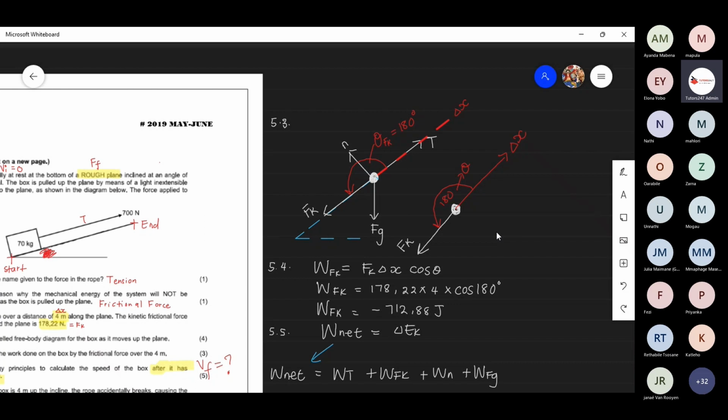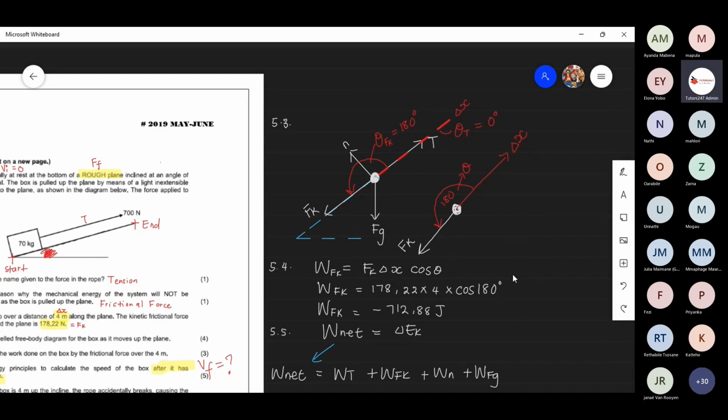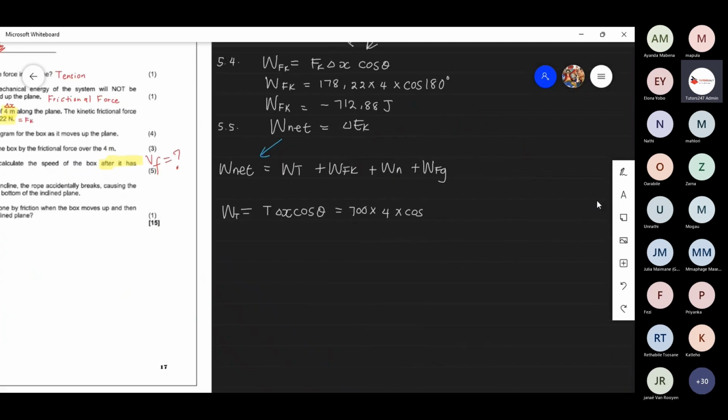tensional force. So like I mentioned previously, if the force is moving in the same direction as displacement and it is parallel to displacement and it's on top of one another, as you can see there, the angle between it is going to be 0 degrees. So our angle theta of tension is 0 degrees. So we are now going to substitute 0 degrees within our formula, and that is then going to give us,